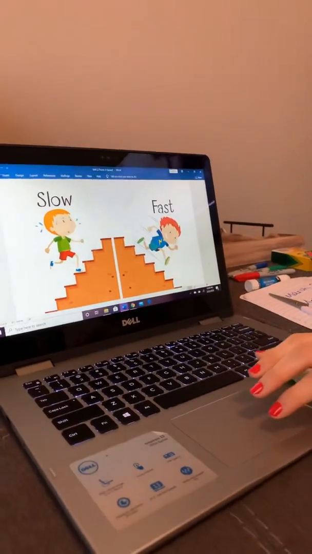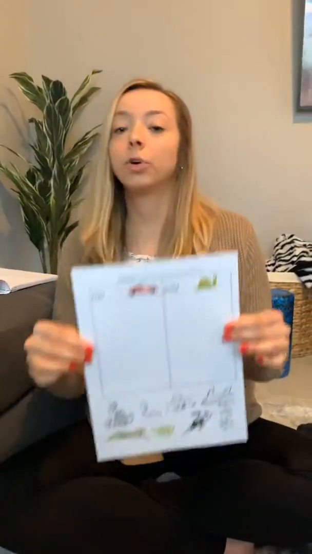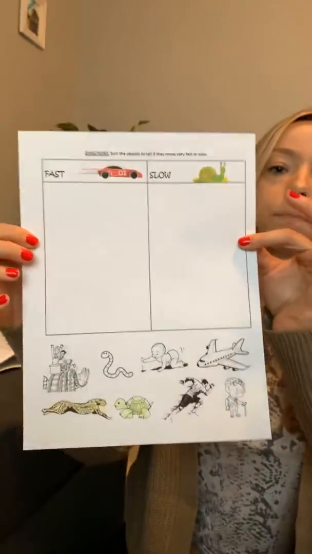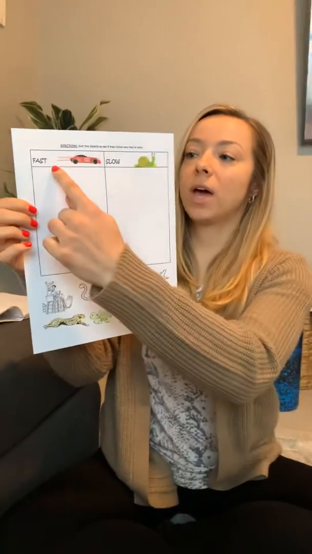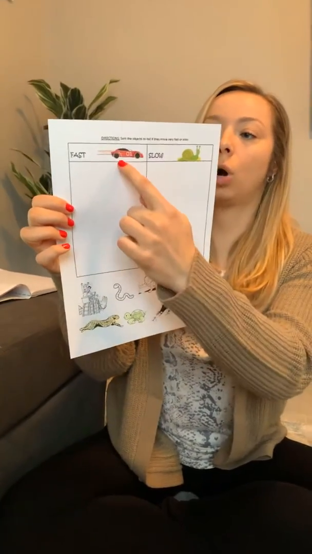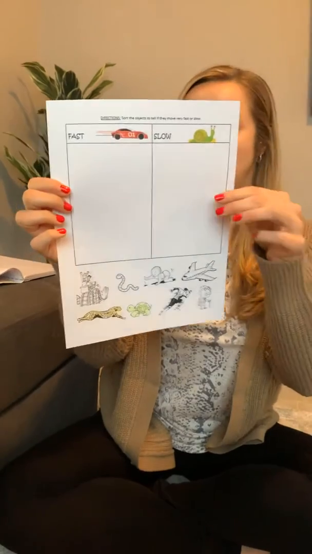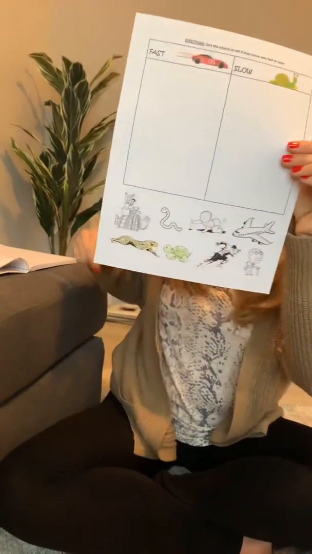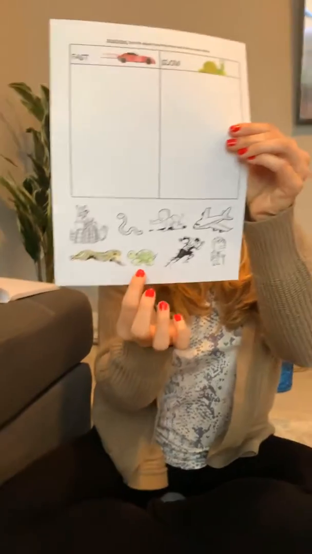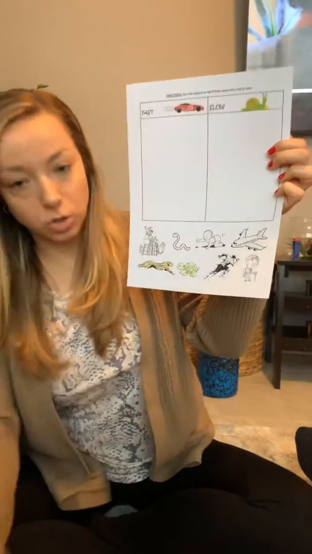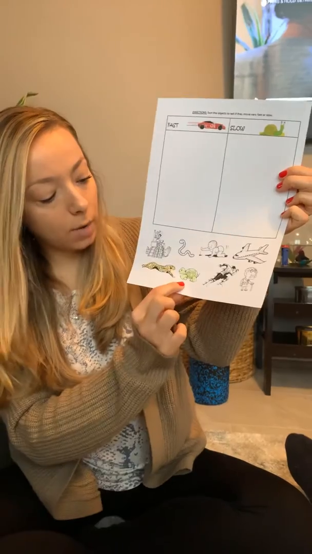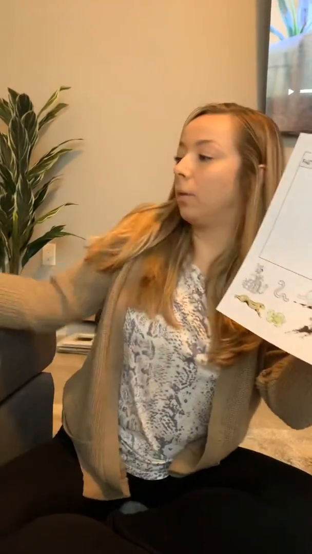So you guys are going to be doing an activity with me today, and also I'm going to post for your parents this worksheet. So on the worksheet, it says fast versus slow. So we know cars can be very fast and snails can be slow. And there's pictures down here that you can color. So I started coloring, and I noticed one animal right away because of our story, the tortoise and the hare. So I colored him and I colored the cheetah. And what I would do is cut them out with my scissors. Remember, you have to be very careful. So your parents are gonna have to help you with this. So cut them out,